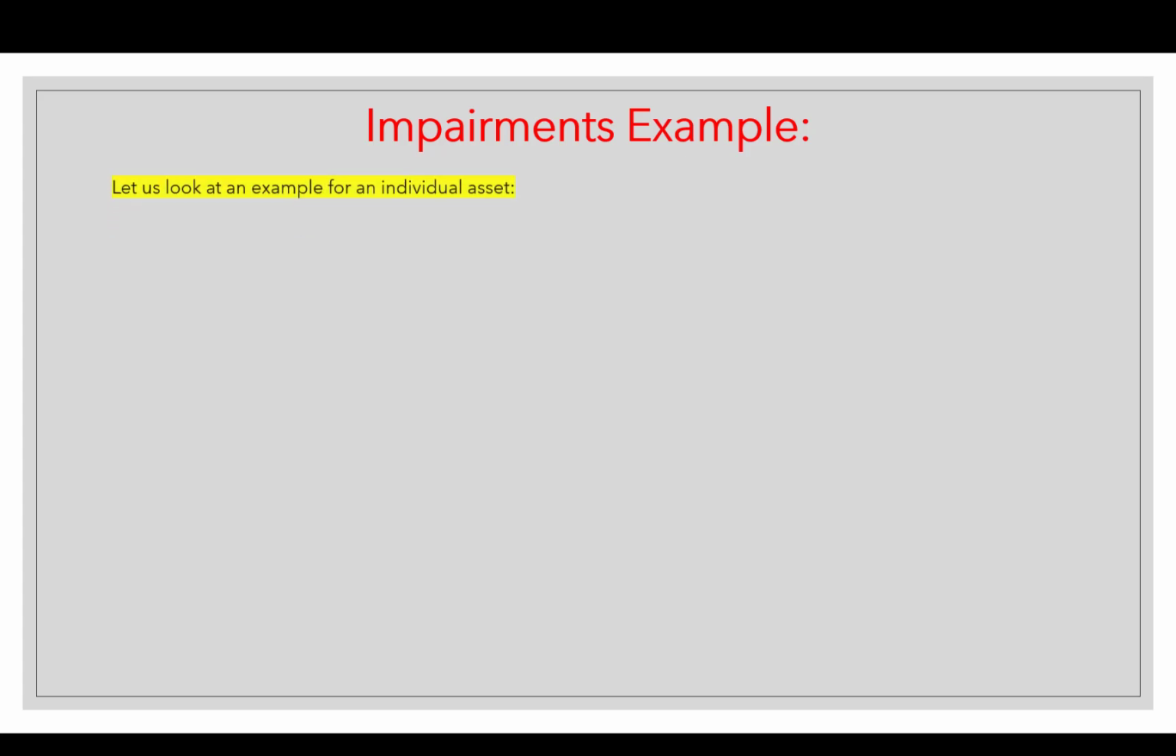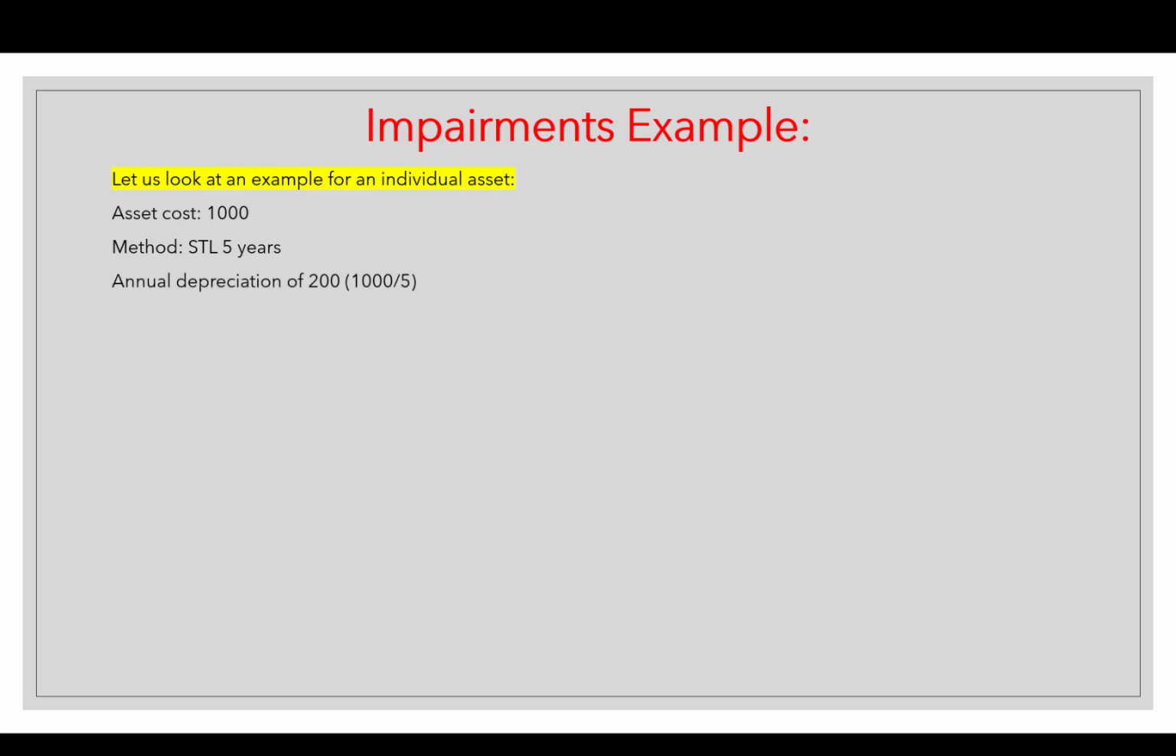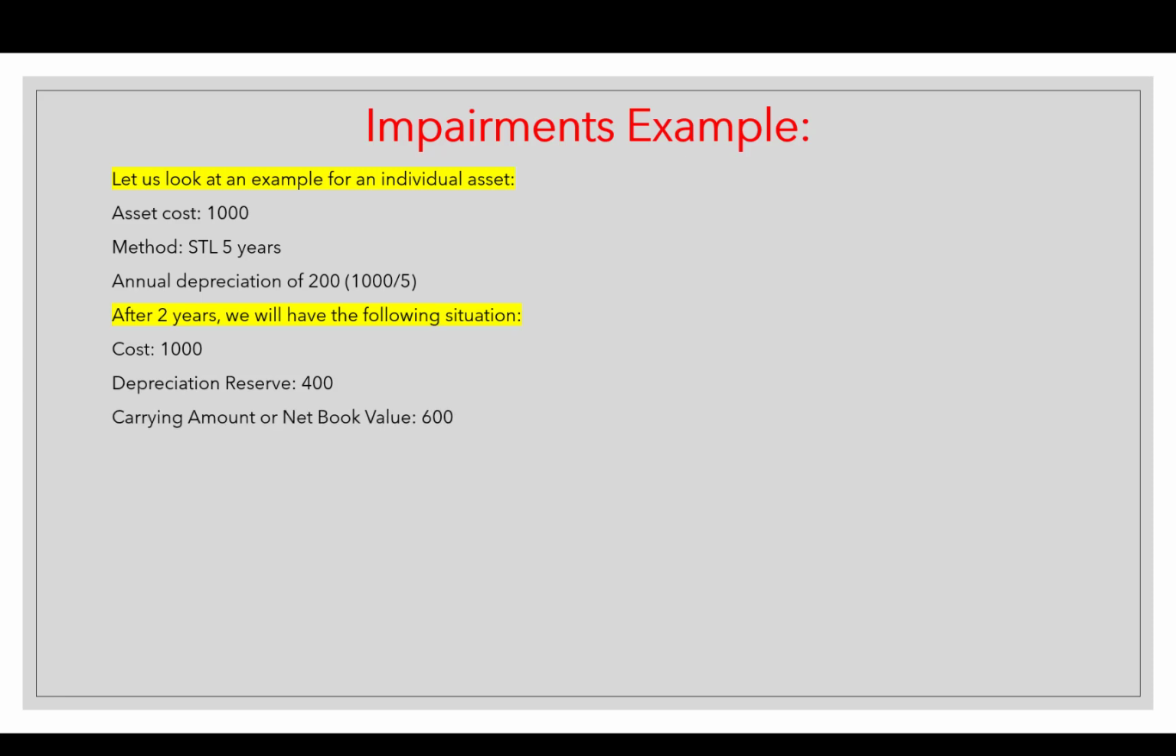Impairment examples. As you see here, we will look at this example. If we have an asset costing 1000, with the straight line method over 5 years, the annual depreciation will be 1000 divided by 5 years, equal to 200. After 2 years we have the following situation. Cost will be the same, depreciation reserve as accumulated depreciation will be 400, carrying amount or net book value NBV is 600, market value or fair value or net selling price is 400, value in use is